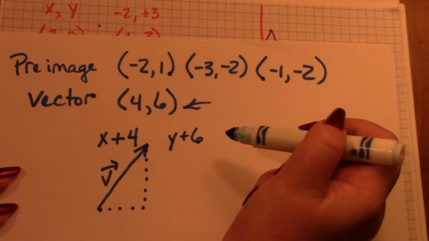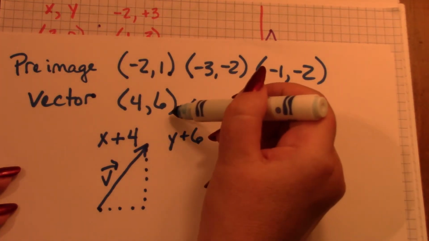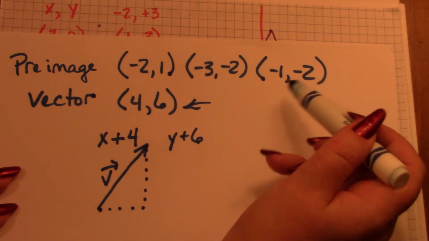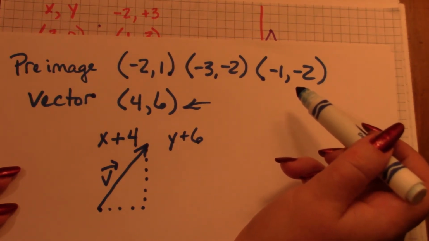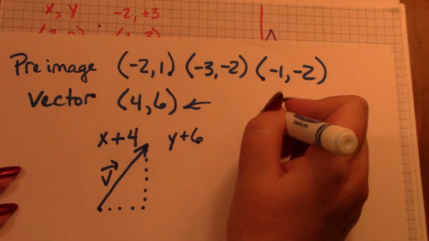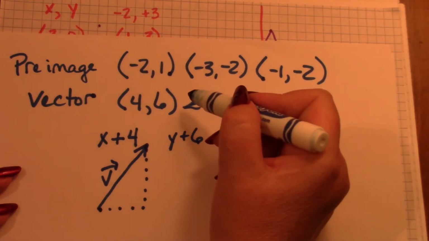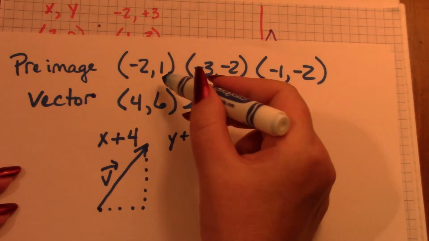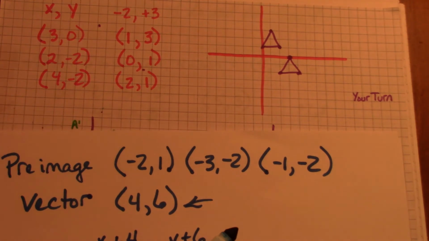And you can see on the bottom of example 2a how they use this vector to change this pre-image to a new image, A'B'C'. What it's asking you to do is create a table of all of these, and using the vector, identify the 3 new points. So if you will turn the page,